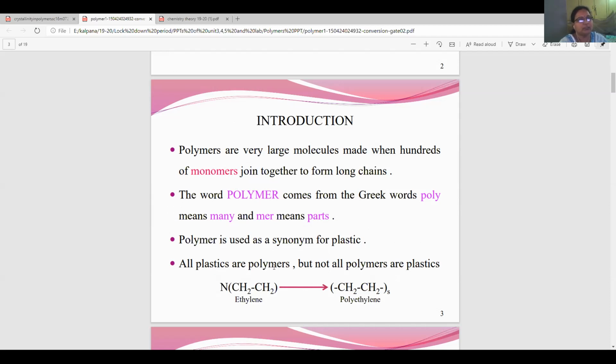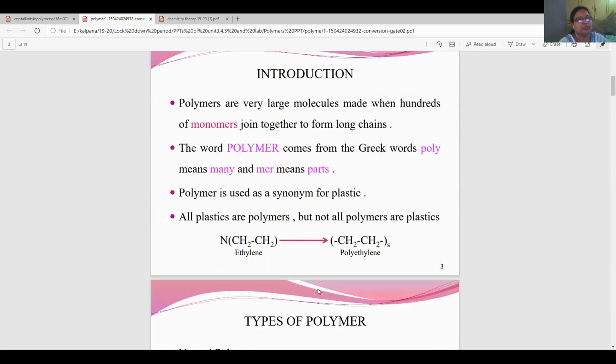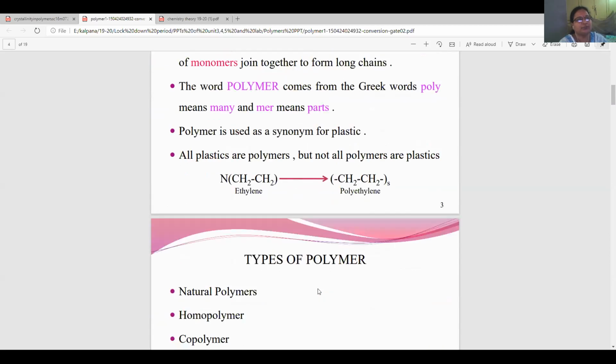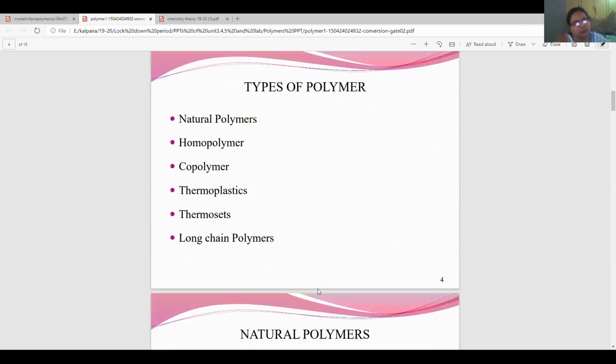Polymer is used as a synonym for plastic. Okay? So all plastics are polymers, but all polymers are not plastics. Example, polyethylene. Now, coming to the types of polymers, that is natural polymers, homopolymer, copolymer, thermoplastics, thermosets, and long chain